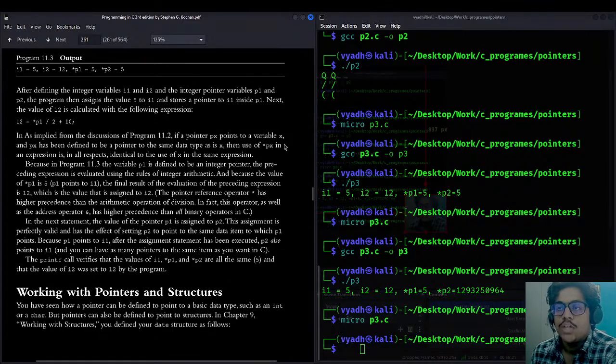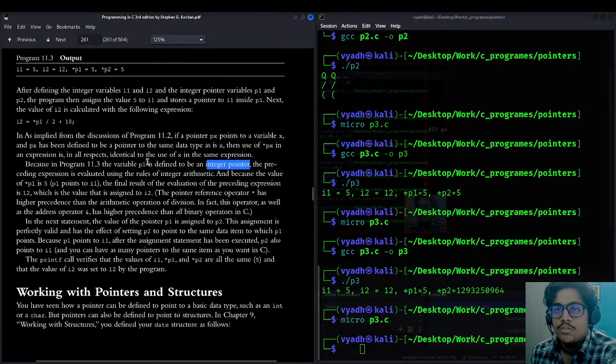So you cannot just directly use a pointer without an asterisk if both the data types are the same, if we talk about the standard variable and the pointer. Okay, because in program 11.3 the variable p1 is defined to be an integer pointer, the preceding expression is evaluated using the rules of integer arithmetic.